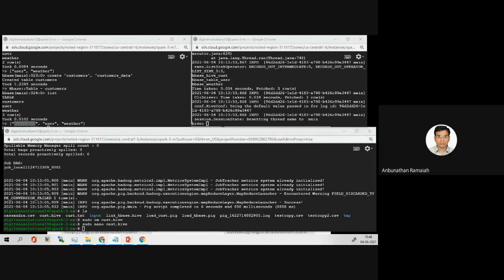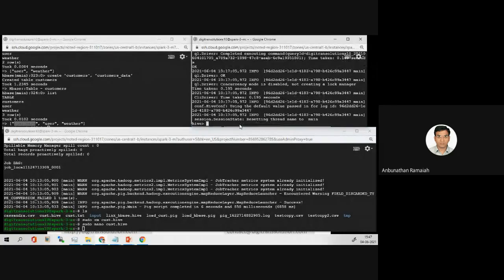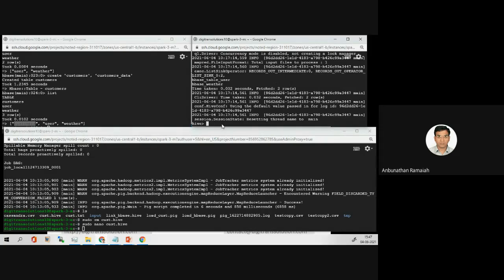So before executing this script, whatever we created now, let us first drop this table, whatever is already existing. The name of the table is HBase Hive Cust. So let me drop this first, then drop this table. Okay, we are getting it. Anyway, we'll confirm with show tables. Now you see that table is not there. Now we'll run the script.